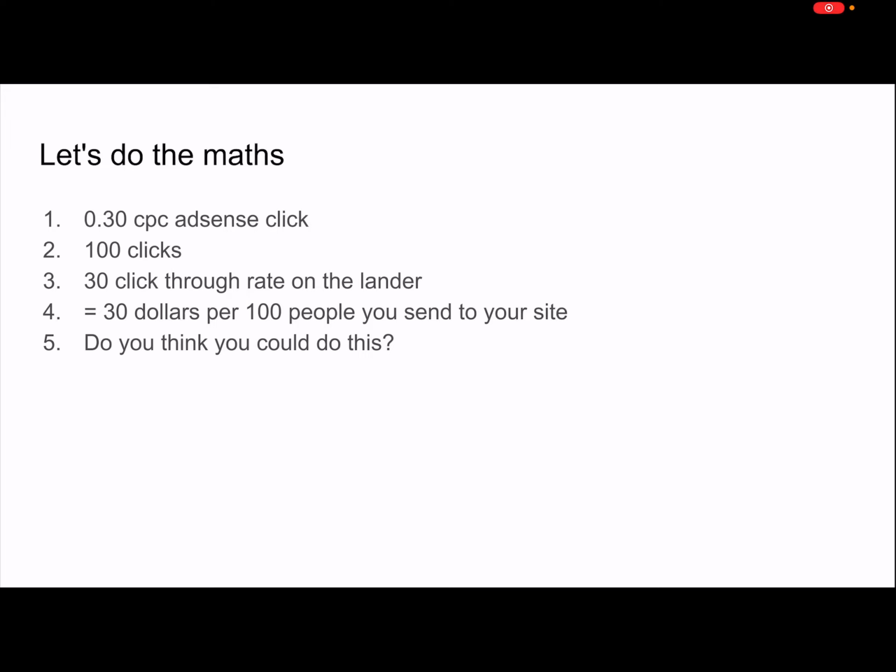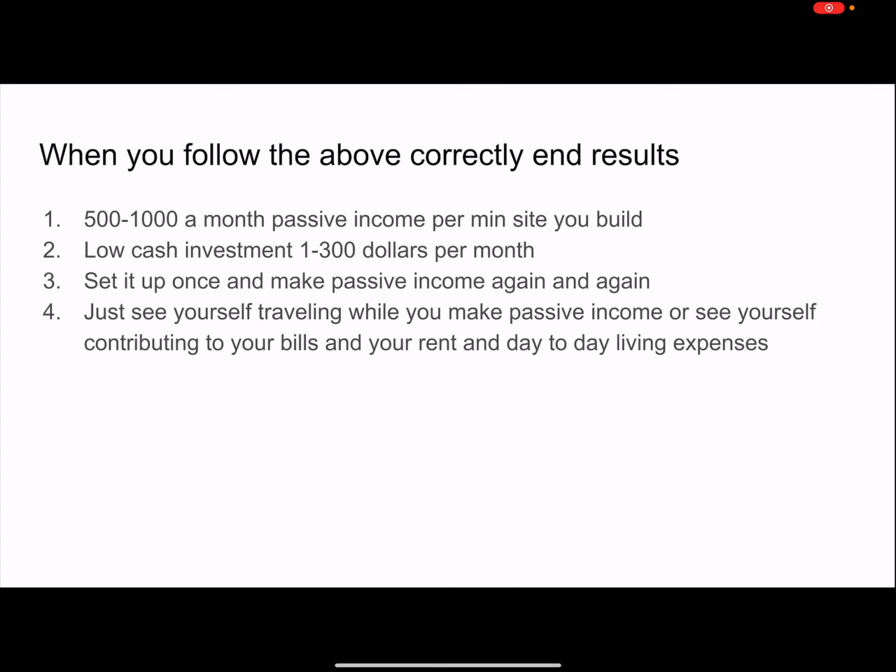How many people would you send to your website? So it comes down to that kind of concept, that kind of reality of constantly sending more traffic. Let's give an example. Let's just say you're getting £1 a click or $1 a click on AdSense, and you get 10% CTR, and you send 100 people. That's 100 people's worth $10. And if you're only paying $5 for that traffic, you can see how this can add up.